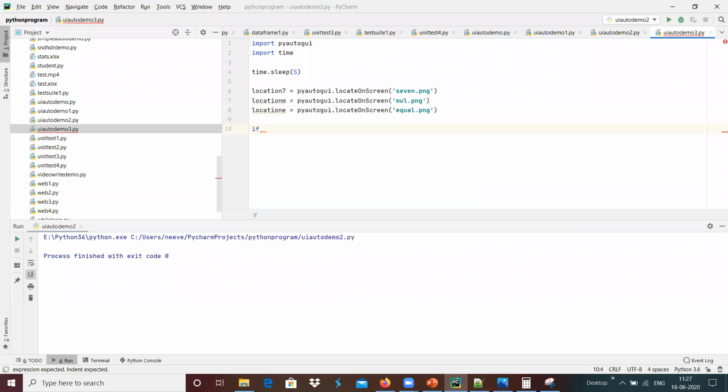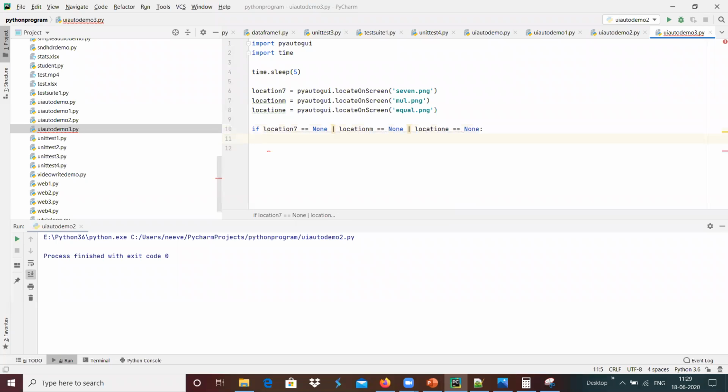And once we have all these things, I'm going to check if location equals none. Maybe we can use the operators over here, something like location or location m equals none, or location e equals none over here.